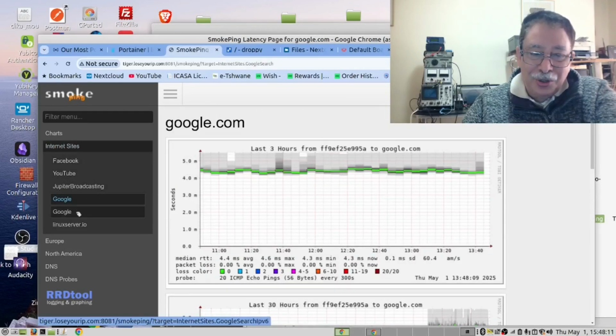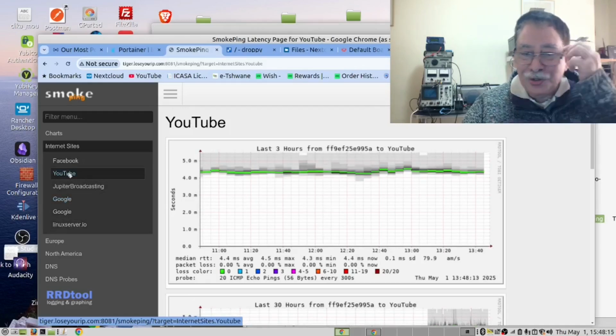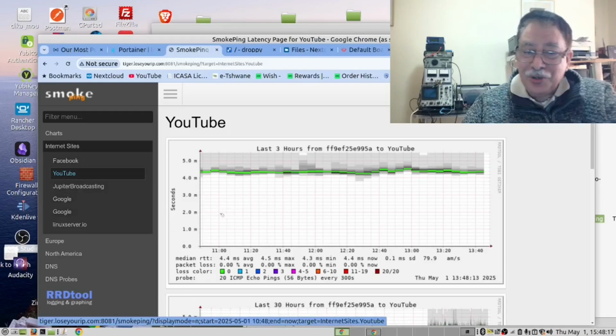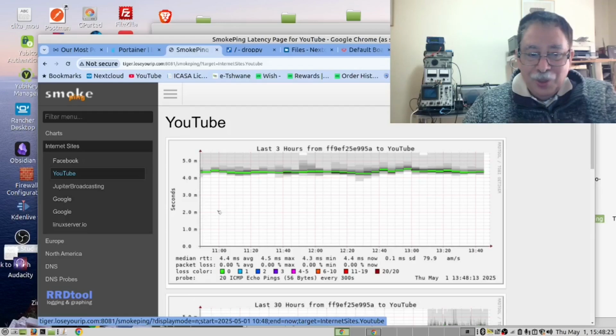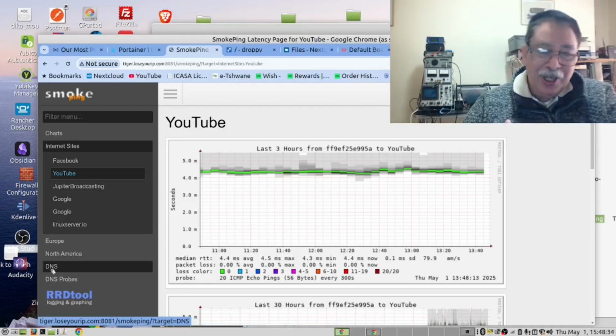Connections to Google, connections to YouTube. So from this you can see how good the traffic is, what our latency is. This is probably the best application that gives you a picture of how your local and international networking is going.